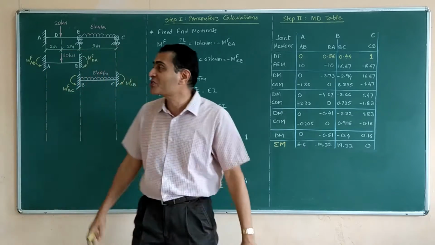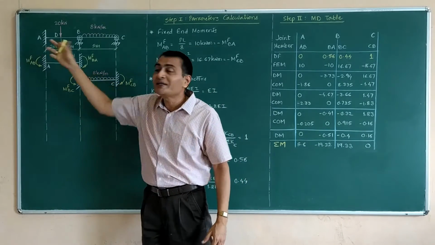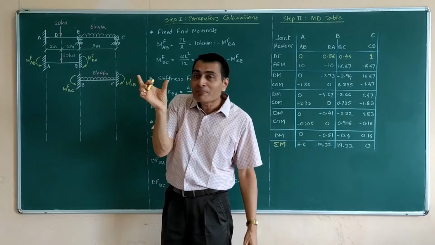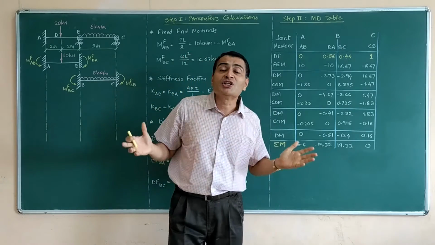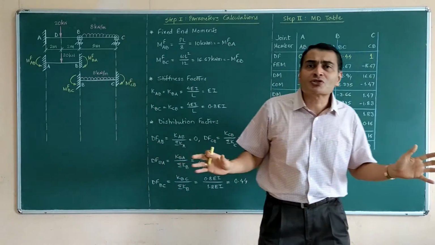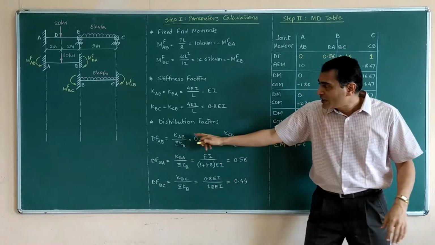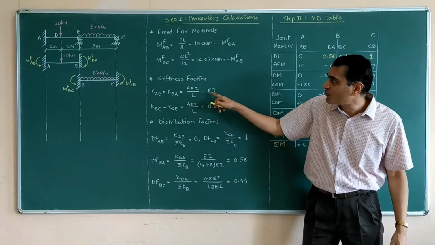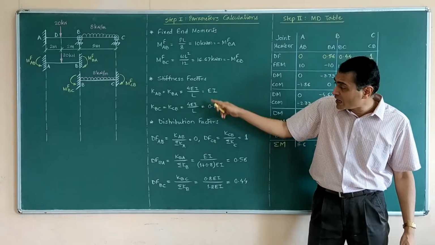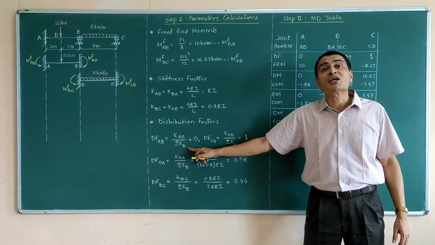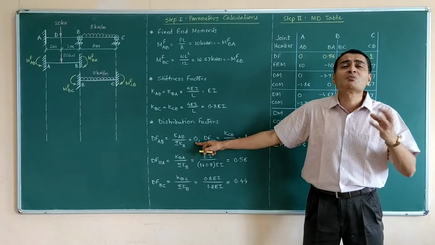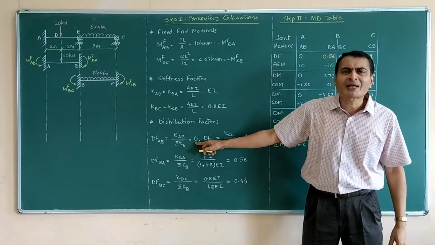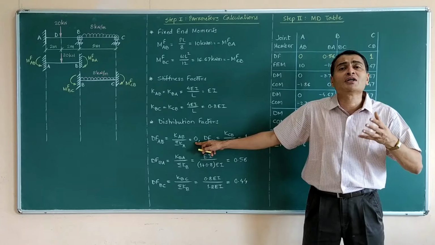Now yesterday we discussed this, that if you look at joint A, there is the member AB and there is the rigid wall, and that rigid wall has infinite stiffness. So I am substituting K of AB, which is some finite quantity 1 times EI, but the denominator becomes infinity, so my calculation's eventual value is extremely small, that is 0. Practically extremely small, theoretically 0.